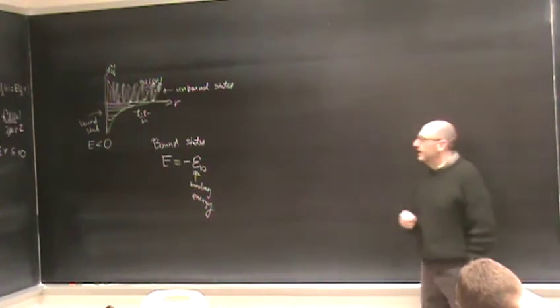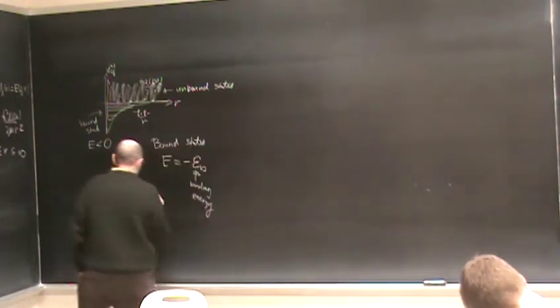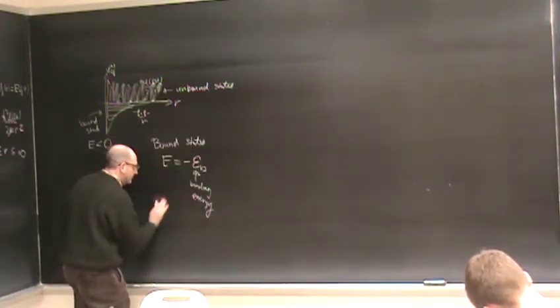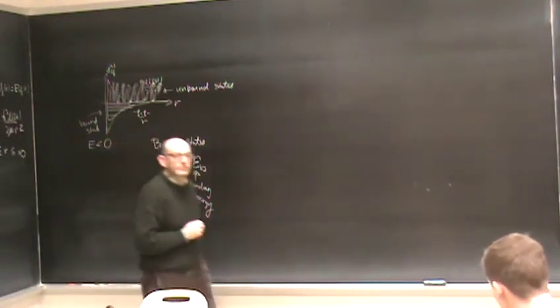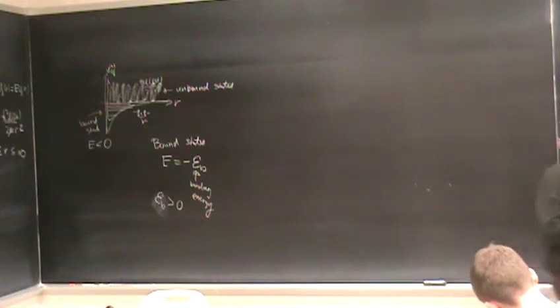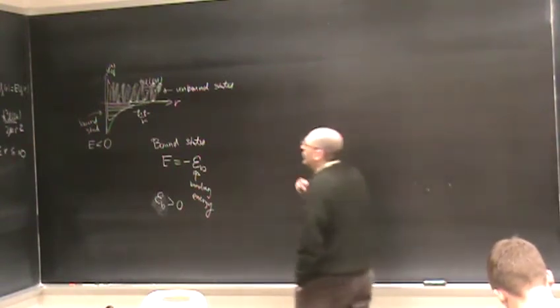So E sub B is a positive number. All right. Okay, so our Schrödinger equation